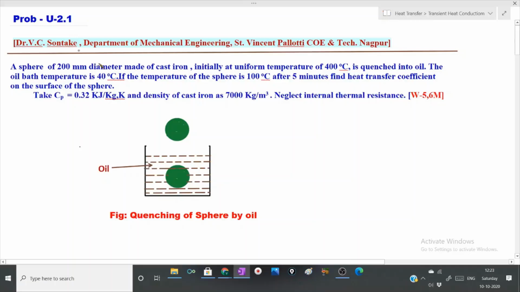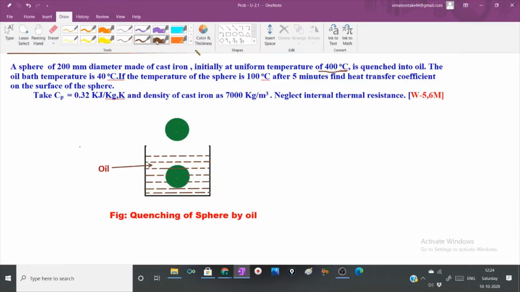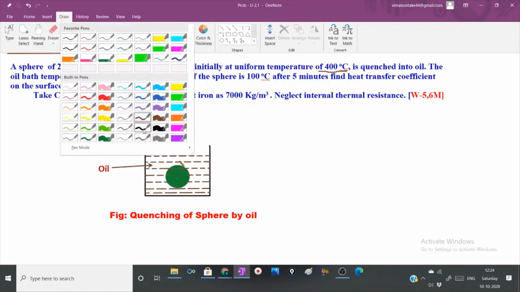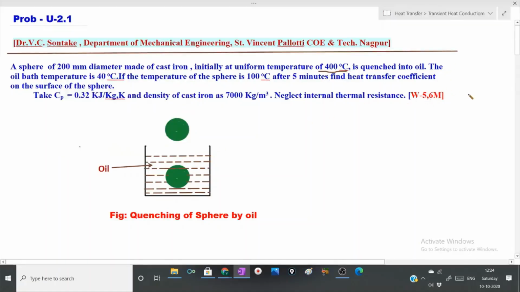So problem 2.1 goes like this. A sphere of 200 diameter made of cast iron, initially at a uniform temperature of 400 degrees Celsius, is quenched into oil bath. The oil bath temperature is 40 degrees Celsius. If the temperature of the sphere is 100 degrees Celsius after 5 minutes, find heat transfer coefficient on the surface